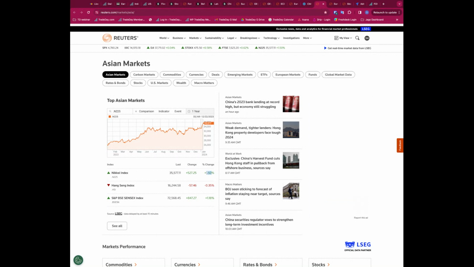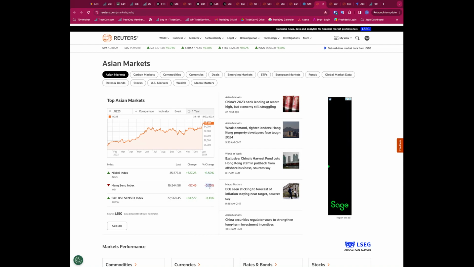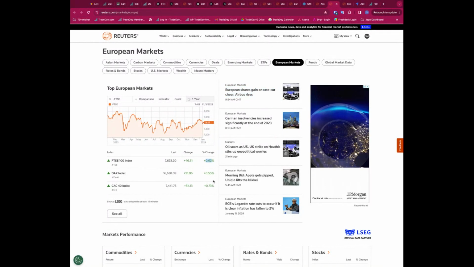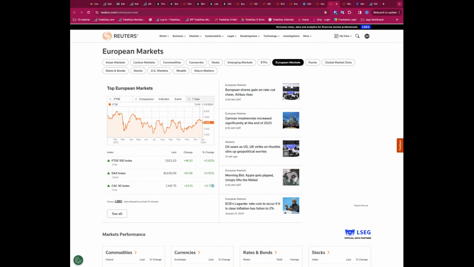So the Nikkei is surging higher, having broken through 35,000 for the first time in 30-plus years, over three decades. We've seen the Nikkei push higher again, 1.5% overnight. The Hang Seng slightly dipped, no doubt not helped by those negative numbers that we saw out of China. European exchanges are up on this dovish tone, so we are getting a slight divergence between the US and Europe.